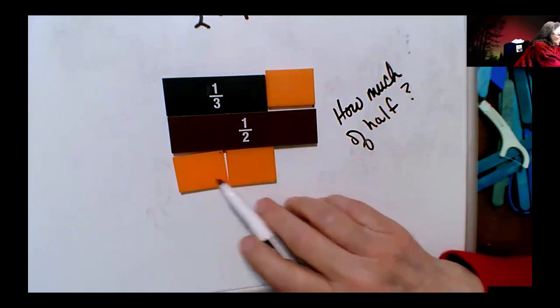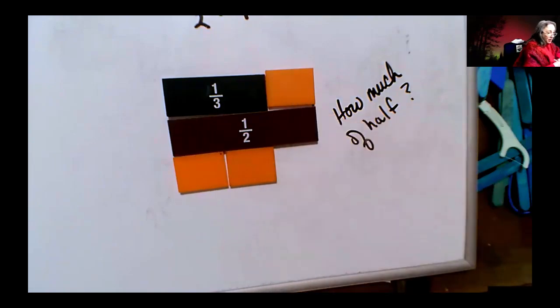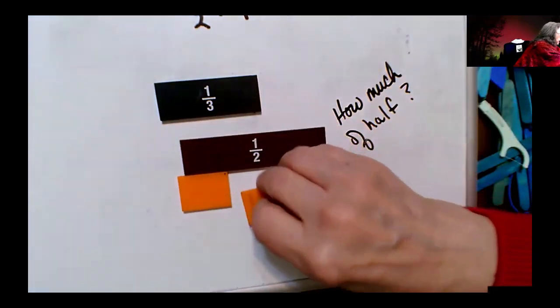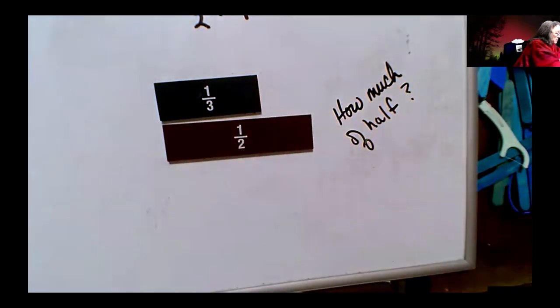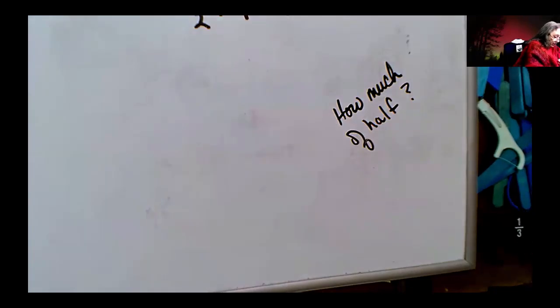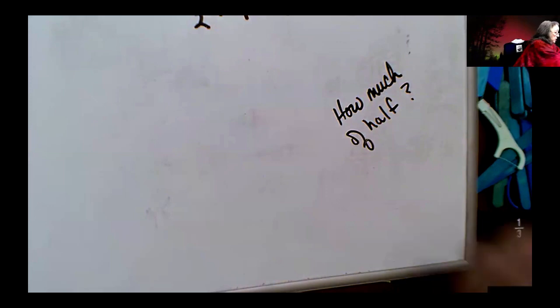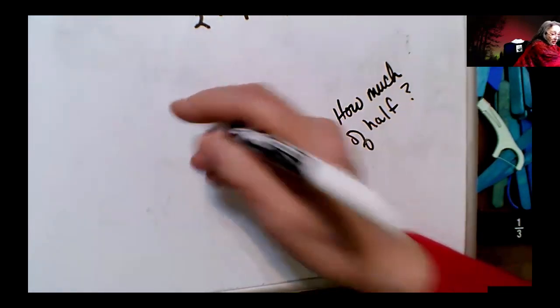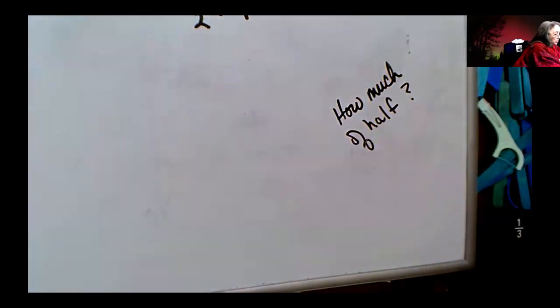And I can make 2 of 3 equal parts of my half. Every teacher should be able to explain to their students why division of fractions works. We no longer use the keep, change, flip. We want to use multiply by the reciprocal. What is the reciprocal? The goal of fraction division is to turn your divisor into 1 so that you're